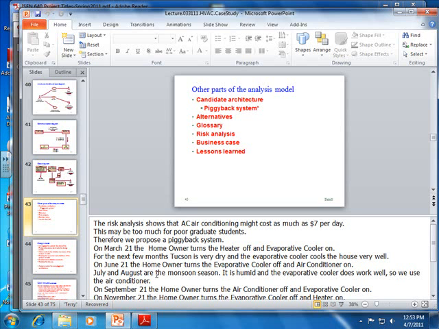July and August are the monsoon season in Arizona. It is humid, and the evaporative cooler doesn't work well. So during that time, the evaporative cooler can be turned off. Okay, and then